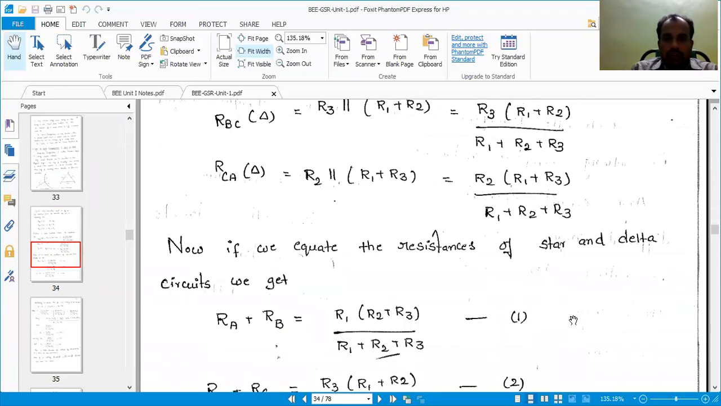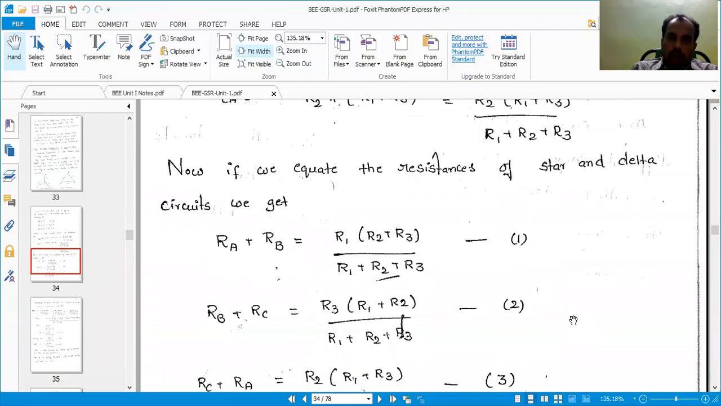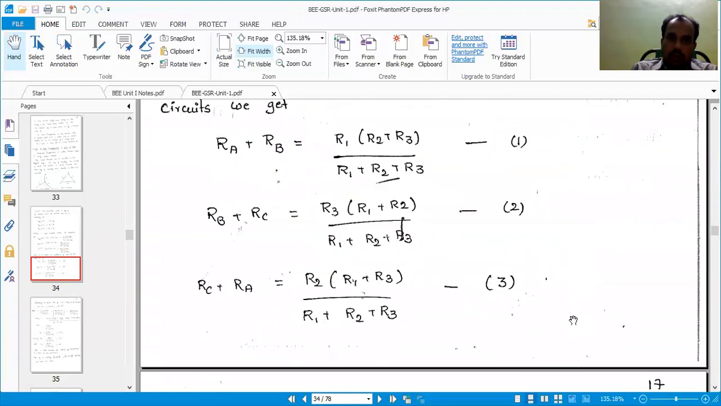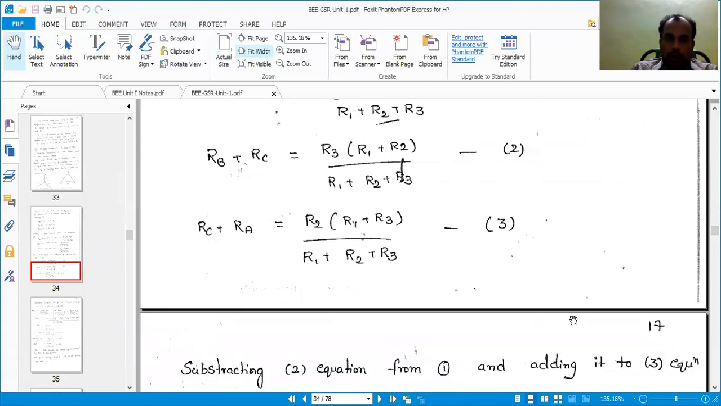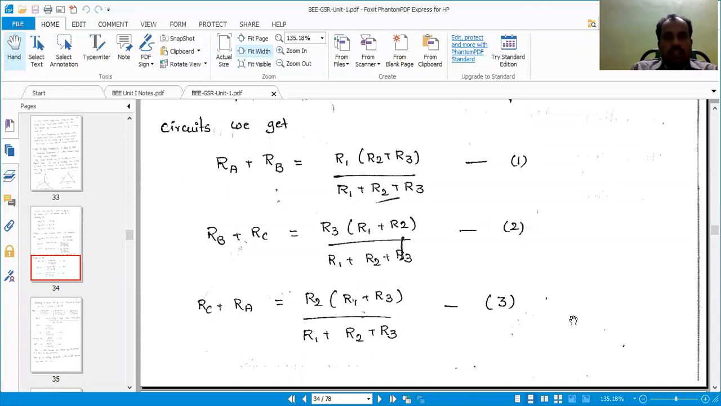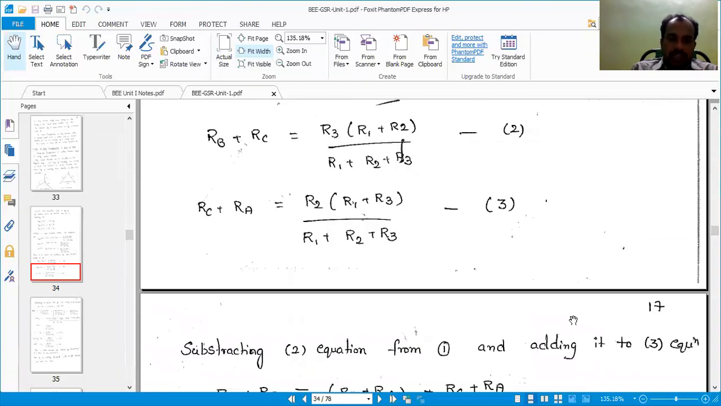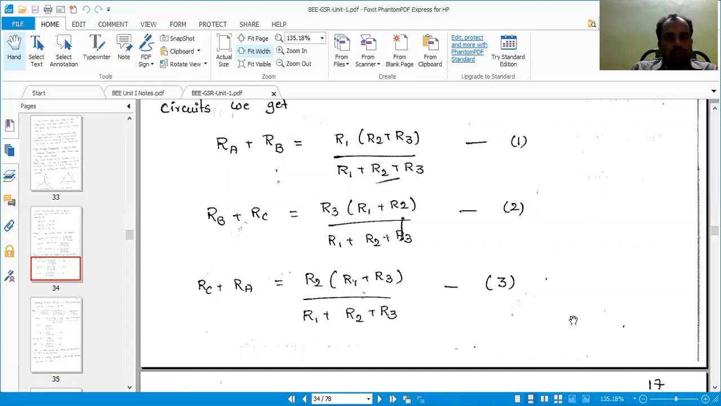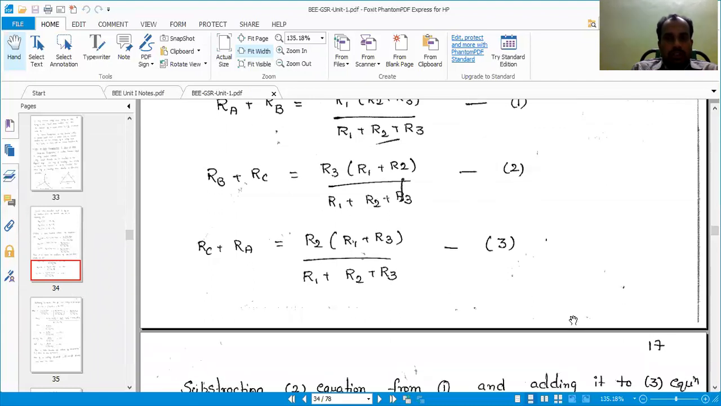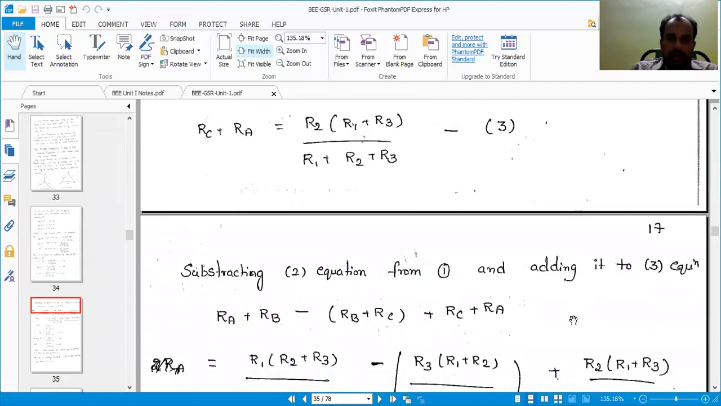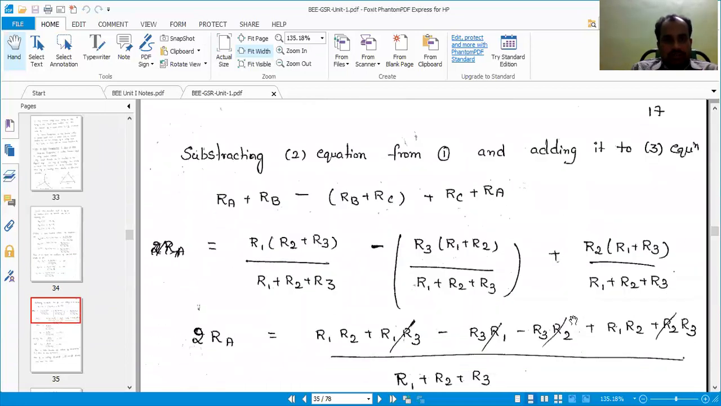Now, if we equate the resistances of the star and delta circuits, RA plus RB equals R1 into (R2 plus R3) by the sum of all resistances. RB plus RC equals R3 into (R1 plus R2) by (R1 plus R2 plus R3). RC plus RA equals R2 into (R1 plus R3) by the sum of all resistances. Now, subtract any two equations and add the one remaining equation. For example, subtract equations 1 and 2, and add the third equation. Finally,